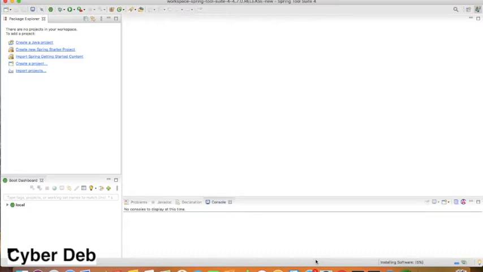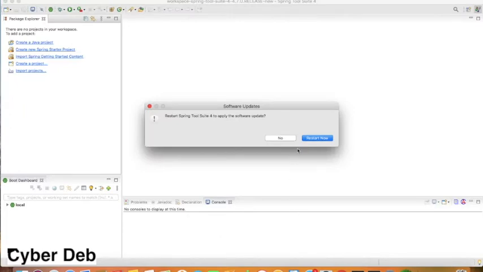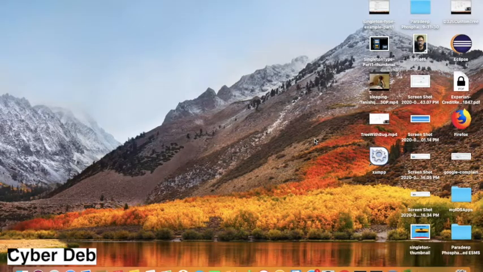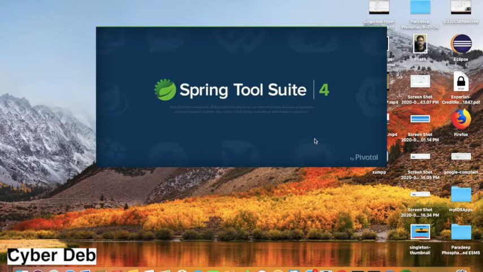Then it should download PyDev. It will take some time based upon your internet speed, as I said. Yeah, so it's installed now. So you need to restart STS, so restart, or if you are using Eclipse, there also you need to restart it.